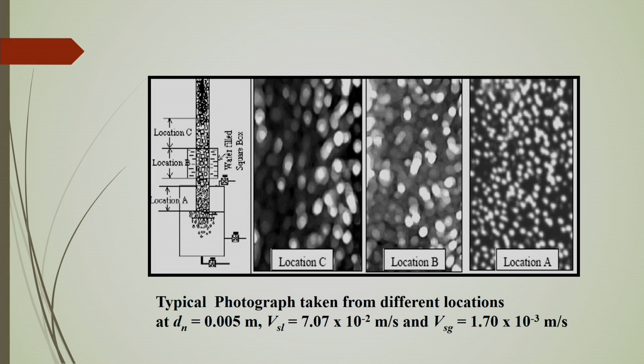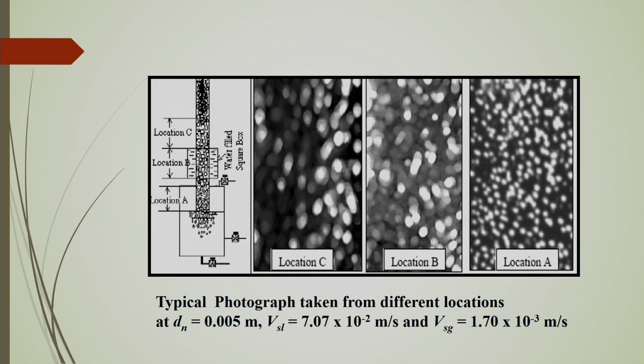Before going to that mean bubble size, you have to analyze individual bubbles, whether they are spherical in shape or not. If not spherical, you have to convert them to an equivalent spherical shape. If you get an elliptical bubble, you consider it equivalent to a spherical bubble by taking the equivalent bubble diameter, equal in volume to that elliptical bubble.